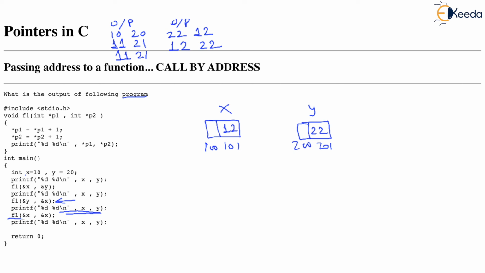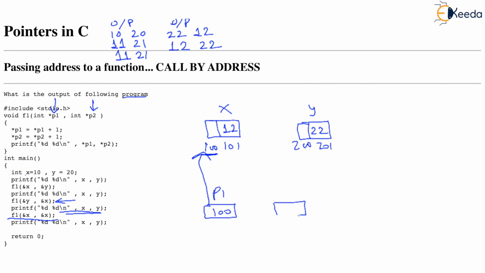Now the last call is very interesting. This will become simple if you have followed all the discussion that we have held about pointers. This looks extraordinary, but this is very ordinary. This looks extraordinary because we are passing address of x and again address of x. So what? Address of x will go in the pointer p1 and address of x again will go in pointer p2. So if you show p1 again in the memory created, what p1 is going to store is address of x, which is 100. So we say p1 refers to x or points to x.